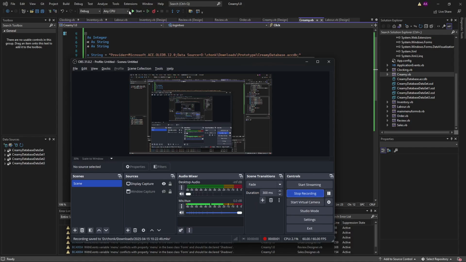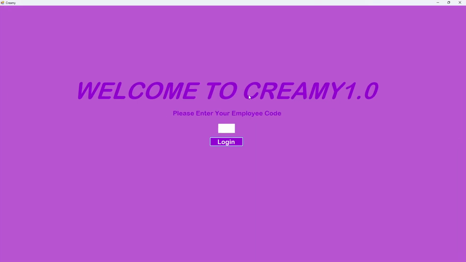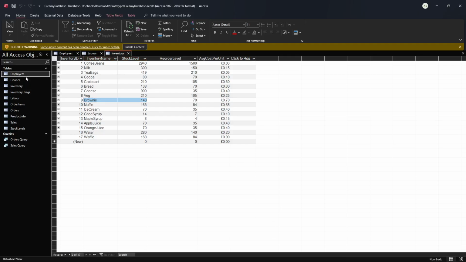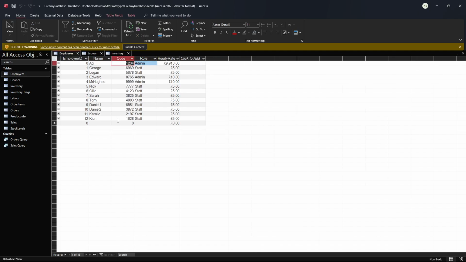This is going to be an end-to-end test of the Creamy program. As we start, we get the login page where we can enter an employee code. If we do this one, this will be in the access database under the employees table. All the codes will be displayed here. So if we use a staff member's one, being this,